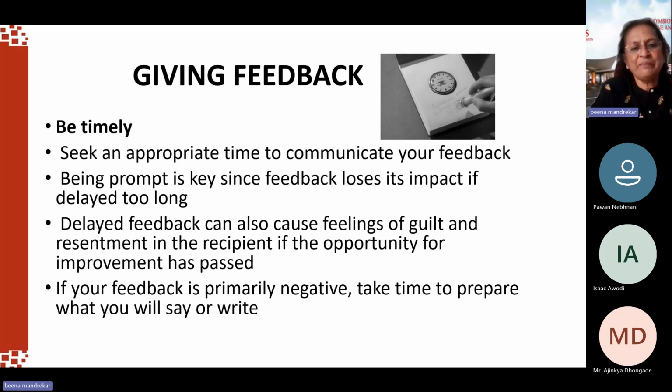And give it on time, because if it's delayed and given late, it loses its impact. Later on, sometime you will take it out and say, by the way, 2 weeks back about the speech that you gave, here's the feedback. That person has forgotten the immediacy of the speech. And he'll say, from where? I never said this. And he starts feeling resentful and angry. Don't delay.